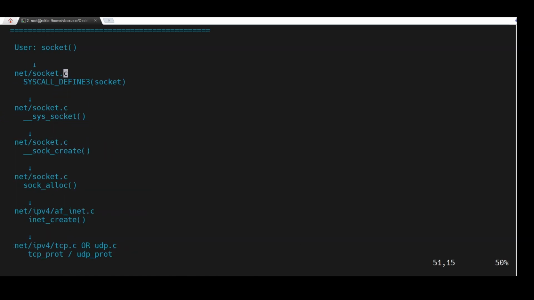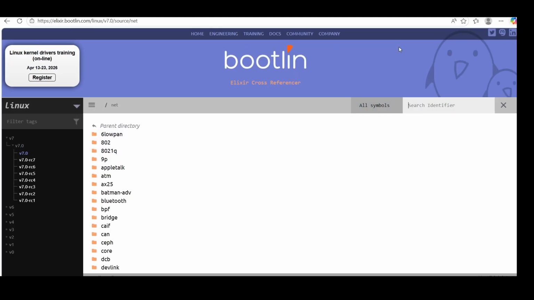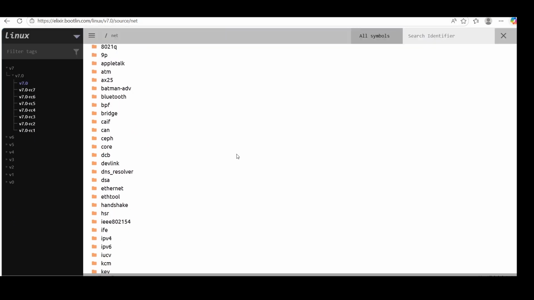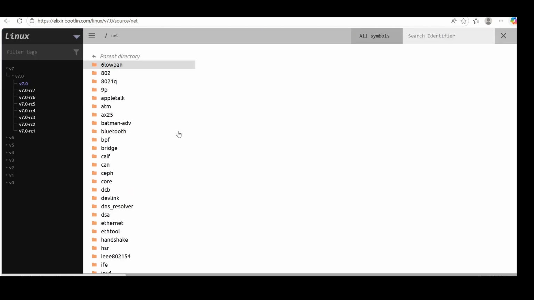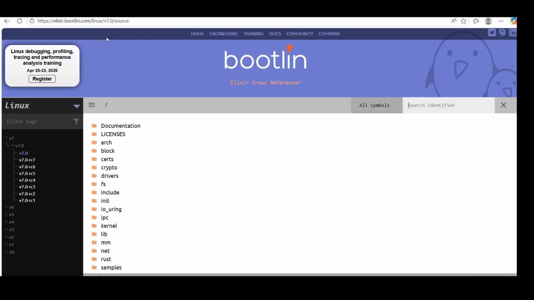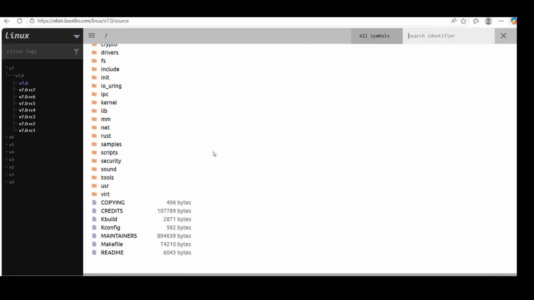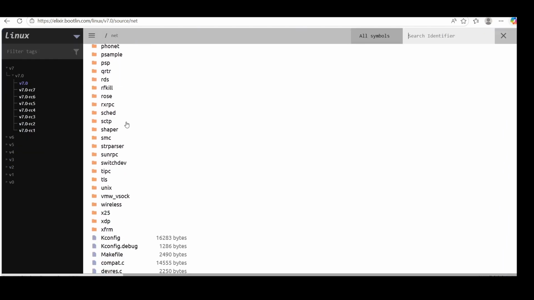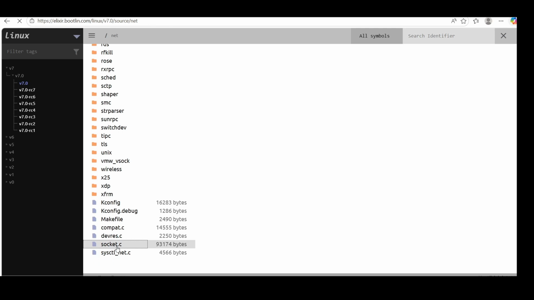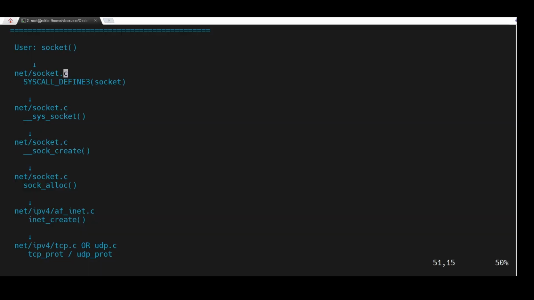Simple as that. Okay, so if I check the kernel code itself, I am using Bootlin here to browse our code, so you can go to this link to check the kernel APIs that are being used. So this is the root of your kernel. These are all the files that are there in the kernel. We are most interested in the file socket.c from net. So if you go here and check the socket.c file,